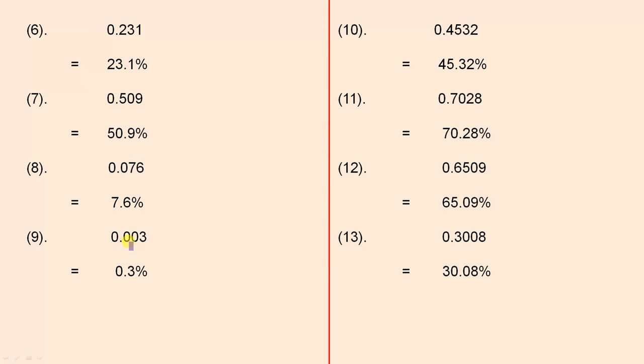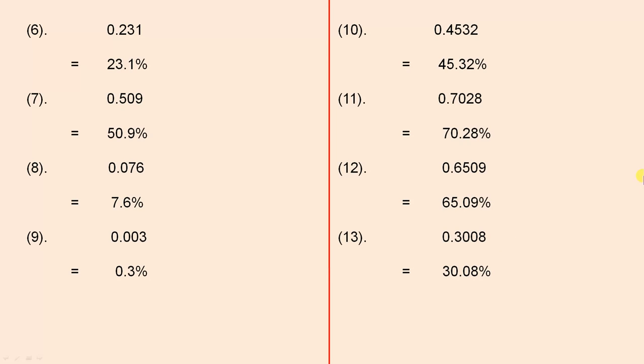Over here, 1, 2, you can see that's a very small number, so when you move it 2 places you get 0.3%. So it's a lot less than 1%, but it is still a percentage. Over here, move it only 2 places to the right, 45.32%. Again, 2 places to the right gives us 70.28%. This one is 65.09%, and the last one is